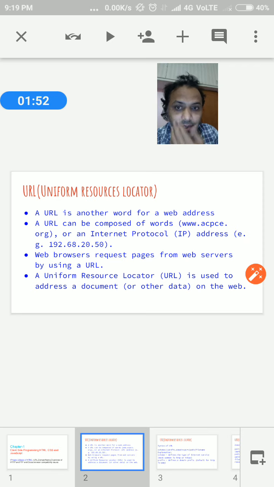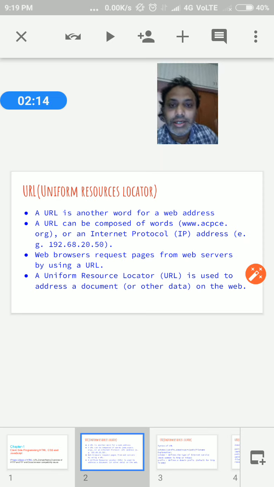Okay, so the first point is that the URL is another word for your web address. Of course, that web address we can consider in a textual format as well as in an IP format.